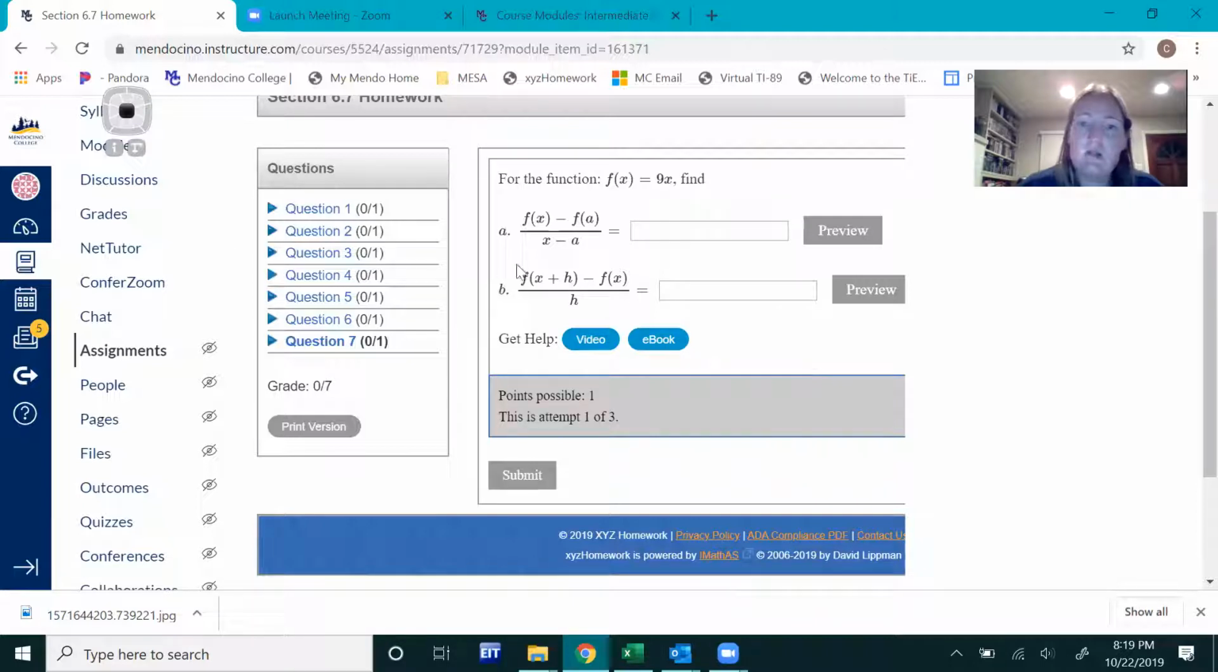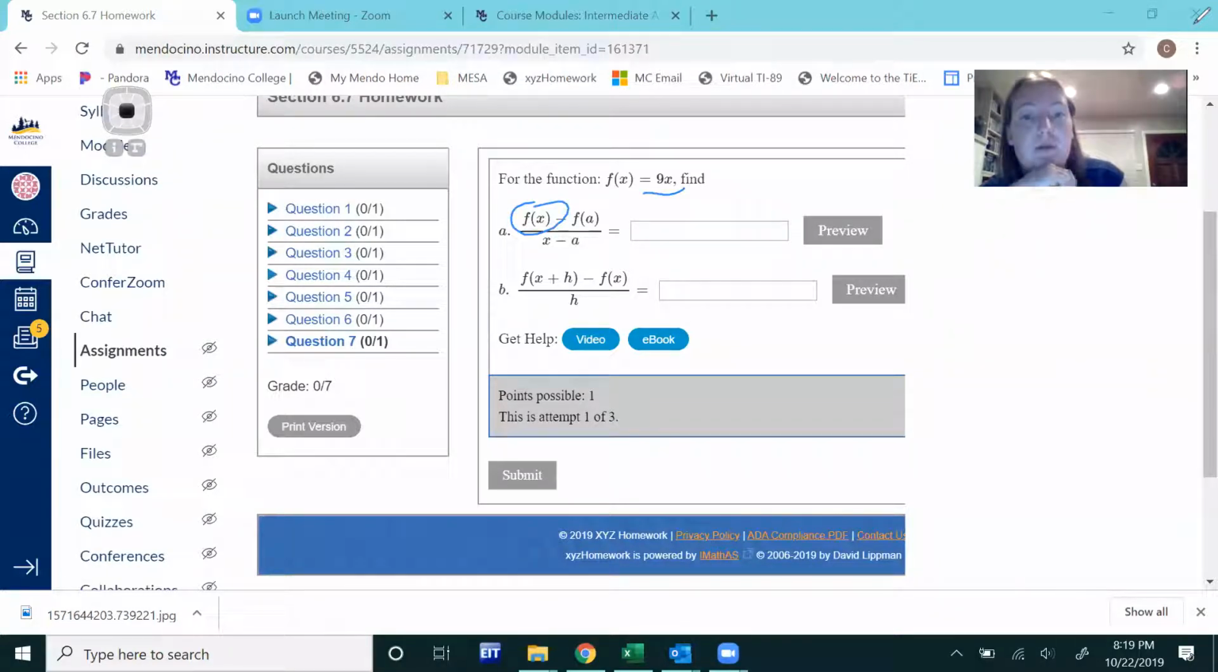Last but not least, this is function notation relating to rationals, and this will come up more in future courses, in particular calculus, but we can still do it with our knowledge of function notation. Let's do our best here. So here, f of x is 9x, because that's what f of x equals. So you'd have 9x minus f of a. Well, f of a means